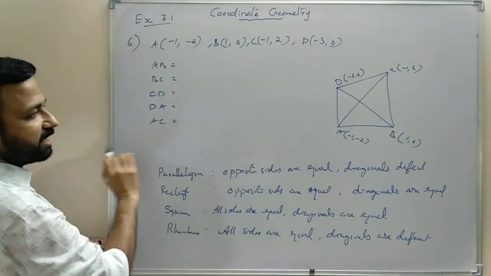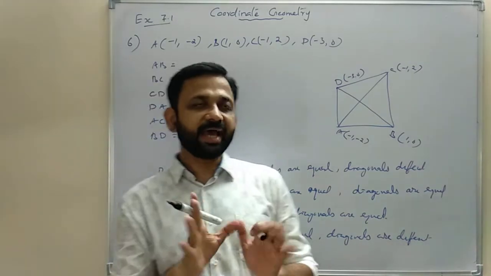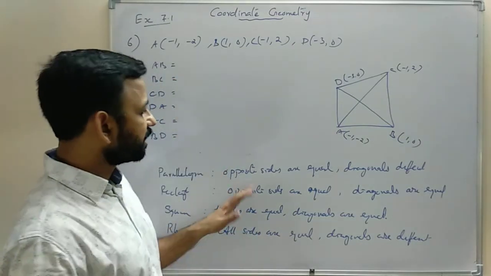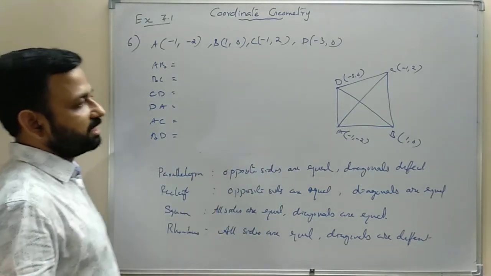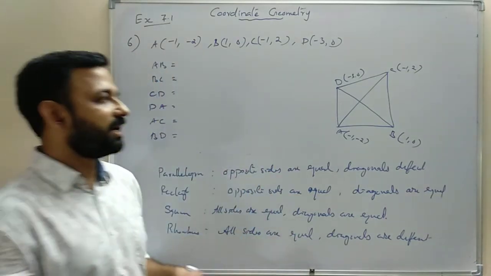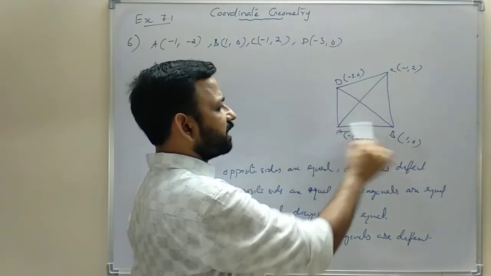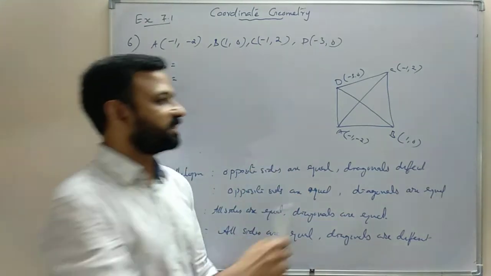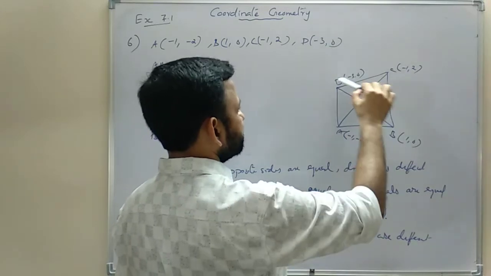Then we will find diagonals AC and BD. So all the 4 sides we need to find. Then diagonals also we will find by using the distance formula. And here, after getting all 4 sides and diagonals, first we have to make sure it is a quadrilateral. If it is a quadrilateral, we have different triangles here. So in a triangle, the sum of any 2 sides is greater than the third side. So here we will find AB, BC, CD, DA, AC and BD.